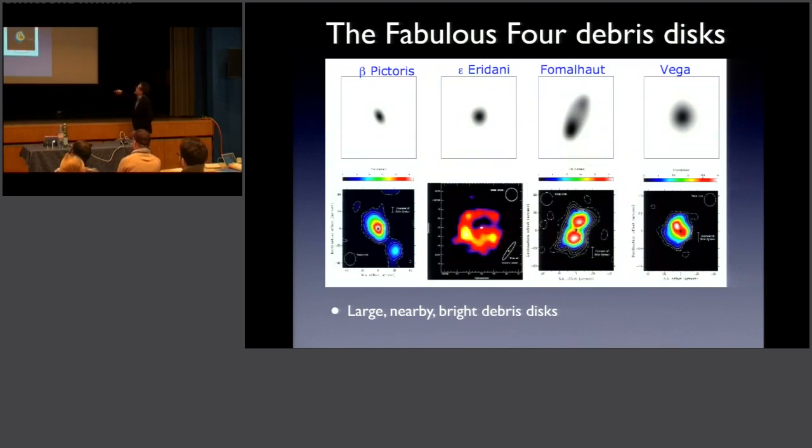These are the 4 disks that I showed you before. IRAS just detected the excess, and these are the images at 70 micron from Spitzer, in which you start resolving some of them, and these are the 850 micron images, actually this one I believe is 450, but anyway, submillimeter images from the JCMT of all these objects that show essentially the dust distribution around